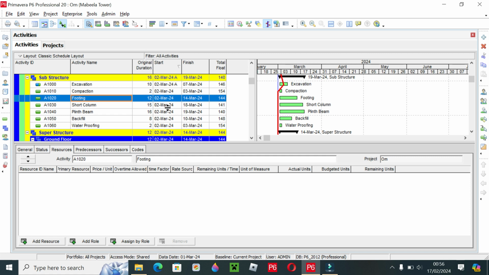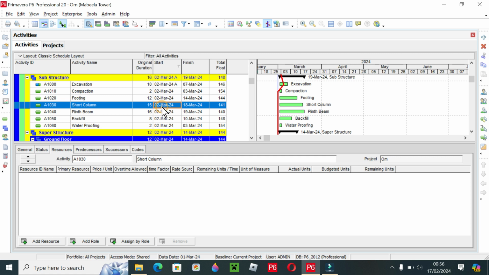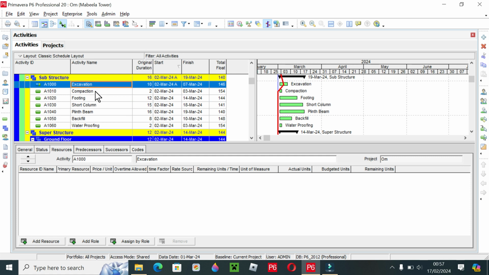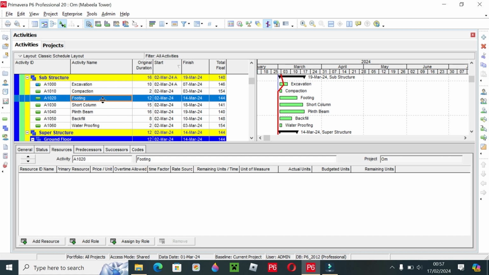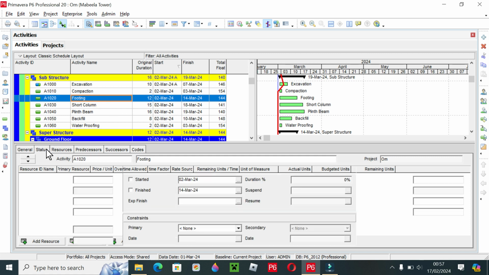So what is the problem? As in the previous video, I also told you the problem is that Primavera is starting all activities from 2 March, because the start date we have given to Primavera for the project is 2 March. Primavera does not know the relationship between the activities until we give it, because it is very necessary to give the relationship between the activities. So in this video we will learn how to give the